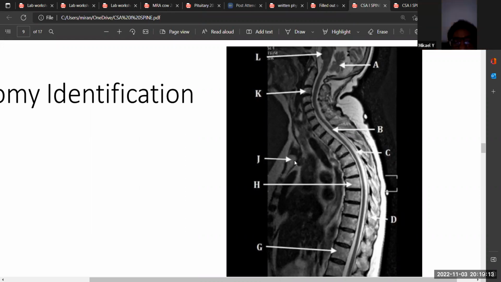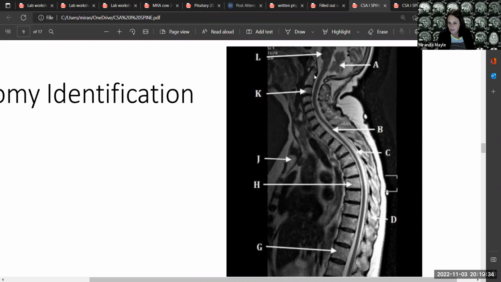Which vertebrae is it? C. Cervical two, or Aaron, you are correct, C. But it's first, or I'm sorry, you're almost correct. You're right below it. It's C3. Okay, here's where this is where it gets confusing with the cervical, because when you look at it in